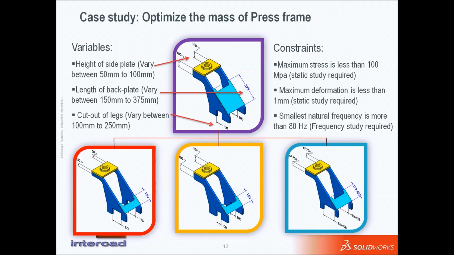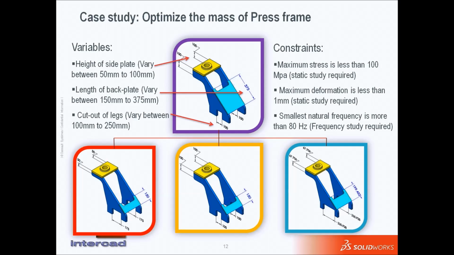In design optimization, we're trying to optimize the mass of a press frame, as you can see in this picture. As for the initial dimensions, we have the height of the side plate initially at 100 millimeters, but we're specifying this as a variable to vary between 50 and 100 millimeters. The length of the back plate is 375 millimeters initially, but we're setting the range of 150 to 350 millimeters. And the cut of the legs here varies from 100 to 250. So these are the geometrical variables to be varied,